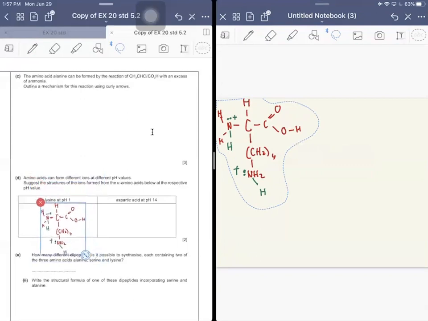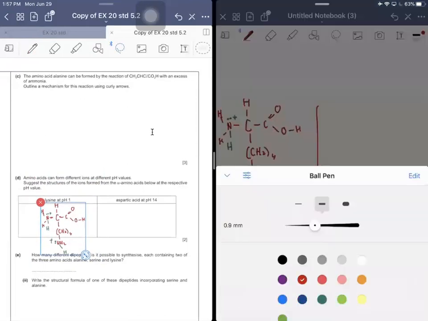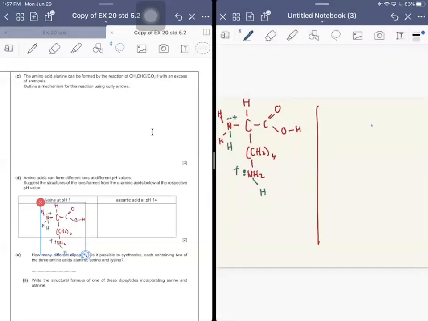Okay, next one is aspartic acid. Same thing. Focus on the structure of the amino acid first. You have a carbon, you have a hydrogen, you have an NH2, you have a COOH. So both amine and carboxylic must be there. And the R group for an aspartic acid, as referred to your data booklet, is